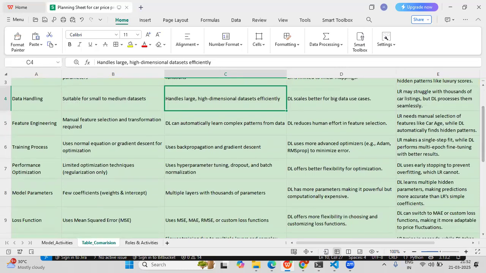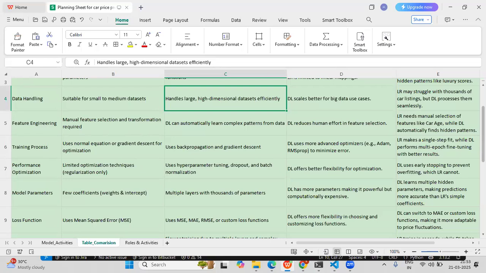In the performance optimization category, linear regression has very limited optimization techniques, for regularization purposes like L1 and L2. But in deep learning, we use hyperparameter tuning like dropout and batch normalization techniques.